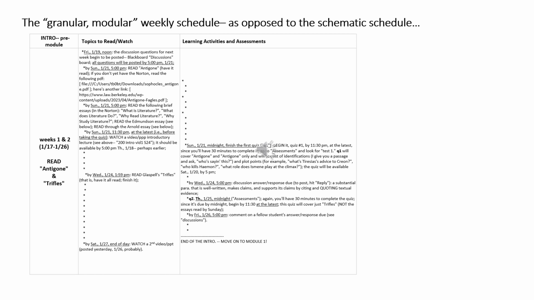The very first item. Drop down to the next one. What I'd like you to do is, by Sunday the 21st, when the questions come out, why don't you have Antigone read, instead of waiting until after the questions come out and then reading Antigone? And I go ahead and give you a couple of little links to some backup copies of Antigone if you don't yet have the Norton. I know a bunch of you went out and bought it already, but if you haven't and you're having a little difficulty procuring it, it's not showing up, you could always copy these links here into your browser,